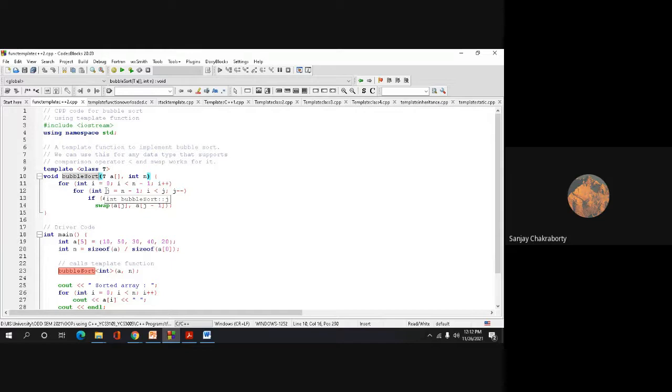If we are implementing bubble sort through a user defined function and through passing parameters, then we have to pass two parameters. One is the array itself, which is nothing but a collection of numbers on which we are performing the bubble sort, and the second argument will be the size of the array. This is the function call and array passing through a function, if you remember the logic.